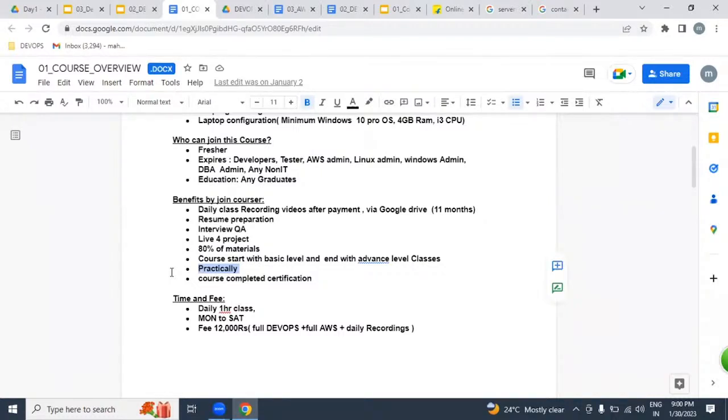By the end of the module, we'll do one project. Project means, for keeping on your resume. What we implement as a task in real time will be implemented in front of you. In the class itself, you need to implement it on your laptop. After completion of the course, you will receive a certificate, only for freshers, not for experienced. You know very well why.